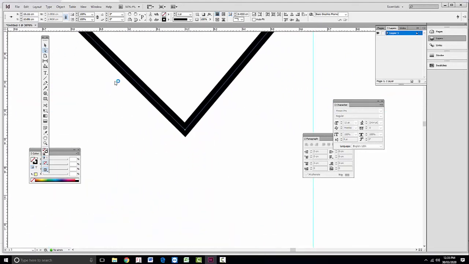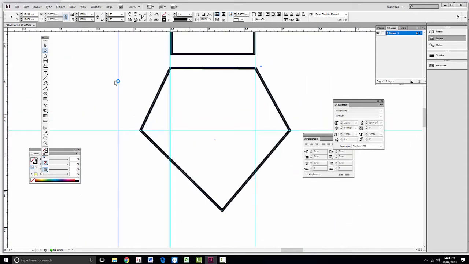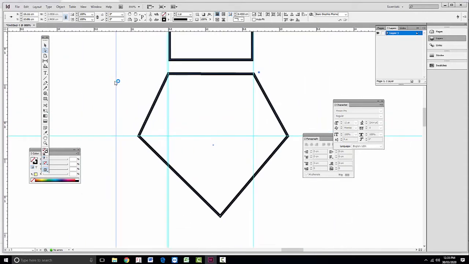Direct selection, and then it should be a proper gap here, and then you go for the Direct Selection tool again